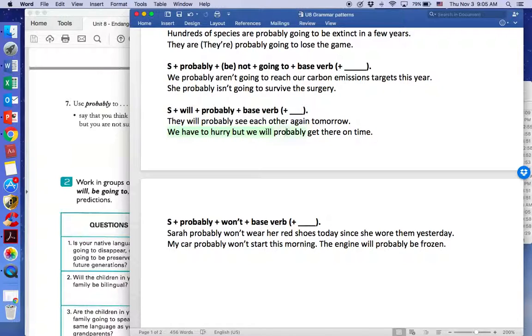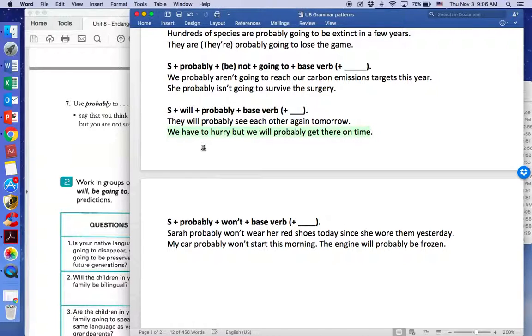We have to hurry, but we will probably get there on time. In speech, we'll. We have to hurry, but we'll probably get there on time. Subject, here, have to hurry, this is our modal, and this is our verb. But, right, but here is our important grammar point for this week. We, our subject again, will probably, base verb. Where are we getting? There. When? On time. So our question here would be,